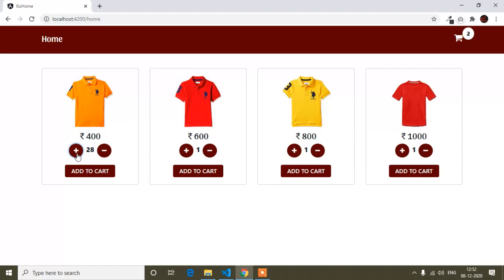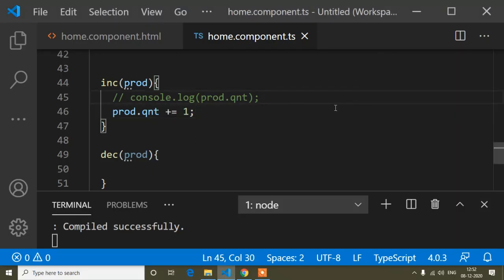It is limited. Suppose I set the limit to 5, we can purchase up to 5 quantity of the product. So when I go up to 5, we cannot increase the quantity more than 5. So this time I have to write an if condition.